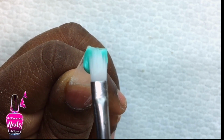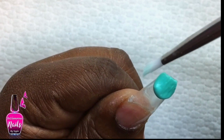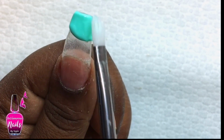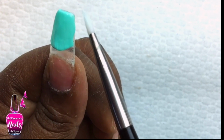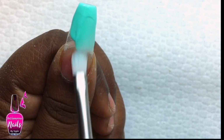Like, I am shocked. So I am going to go ahead and pat this to the free edge, make sure that I maintain the shape of my tip, and then I'm going to start working this back towards my cuticle area. Now, in creating this ombre, I realized that when it comes to getting the fade, you need to work